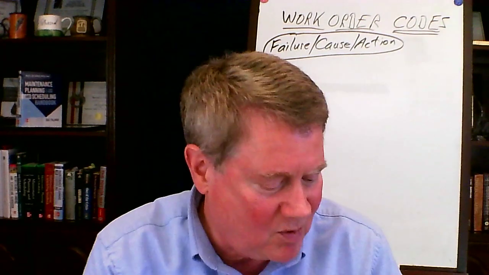So let them pick all the things. And then throughout your system, what's your biggest problem? Looks like our biggest problem has to do with electrical work. Or our biggest problem is corrosion, even though there's a lot of Venn diagrams overlapping and stuff. So we're not just picking one code. And then we're also not